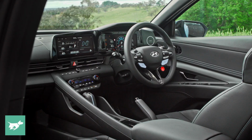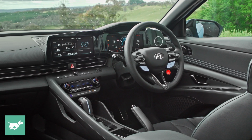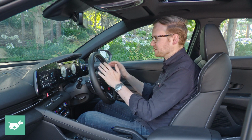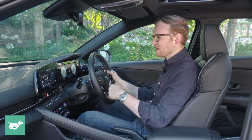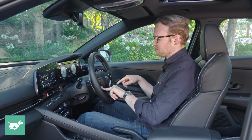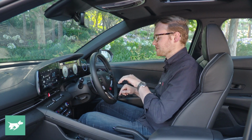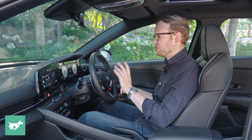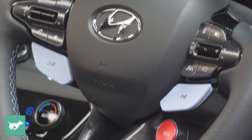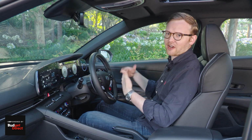And it starts with this steering wheel, which is perforated black leather, performance blue stitching, and performance blue shortcut buttons down here. Now Hyundai have actually gone the way of Audi RS in more ways than one. These get you into a custom N mode number 1 and a custom N mode number 2. It used to be just cycling through the drive modes like eco and other stuff you'll never use over here, and then an N button over here. Instead, you can make this custom for one set of roads and this one custom for track use, for instance,